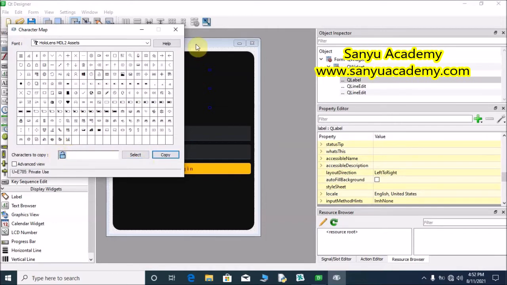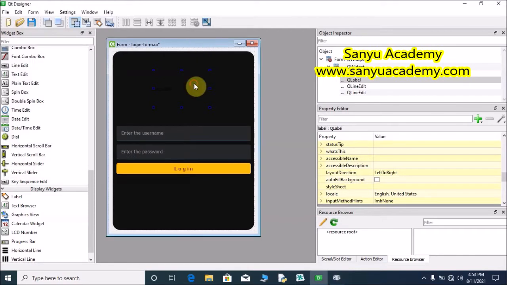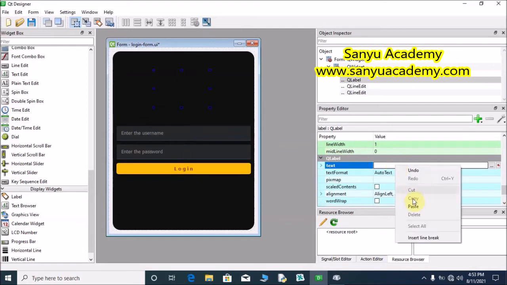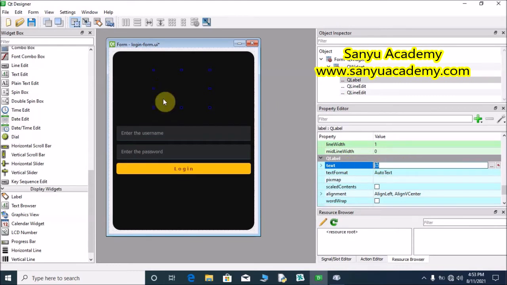Now go to the form and select the label and go to the text and remove the text label. Right click and paste. Now we can see the lock here. Save the form. We have to increase the size of the lock.